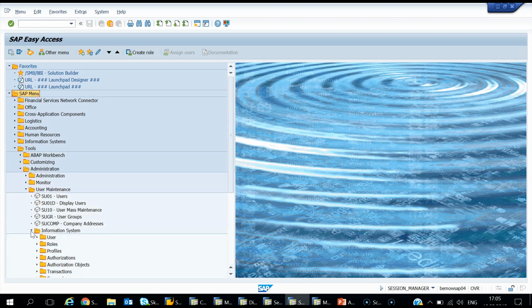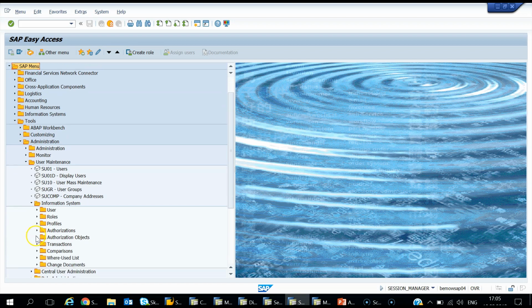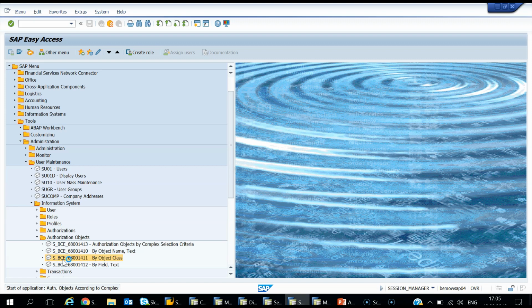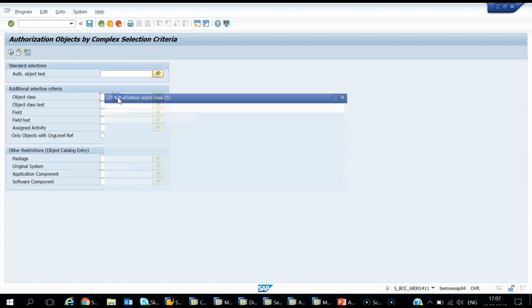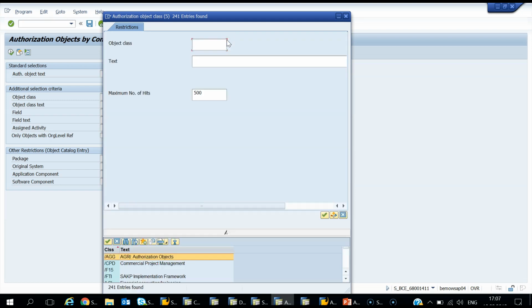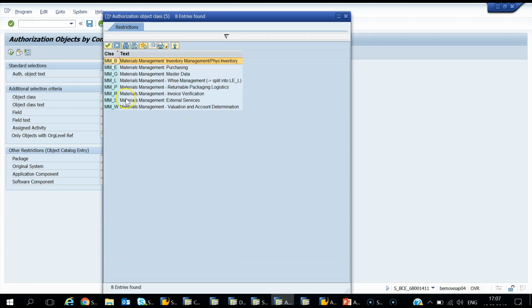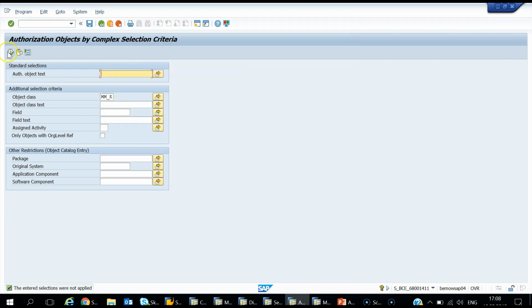Information System, Authorization Objects, and then click by Object Class. The first class is Materials Management, and I can find it by text and put here Materials and everything that contains materials. Then press tick. And then I can see here that there is M_E Materials Management Purchasing, the particular one I need. So I select it, I press Execute,